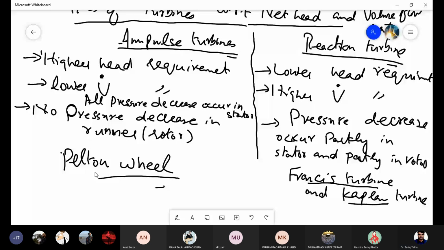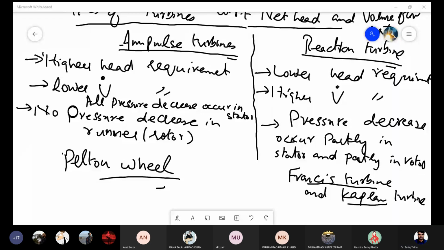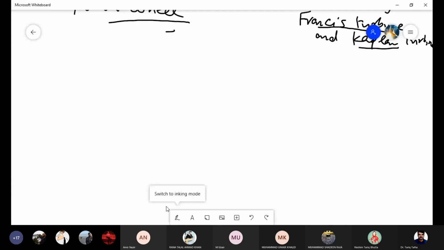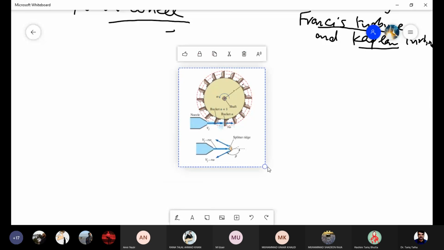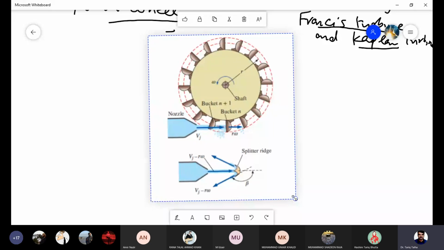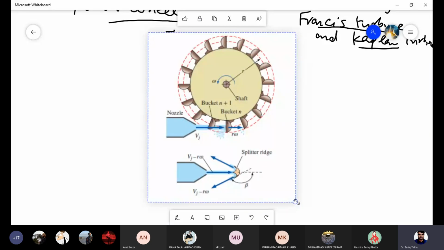Okay, this is the front view of the Pelton wheel. You can see